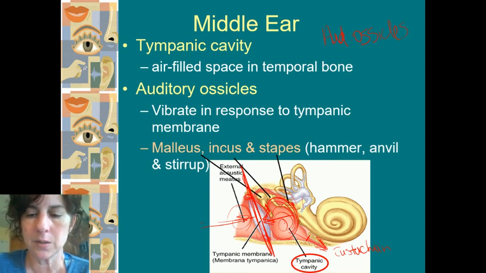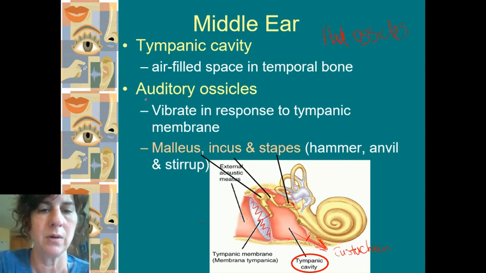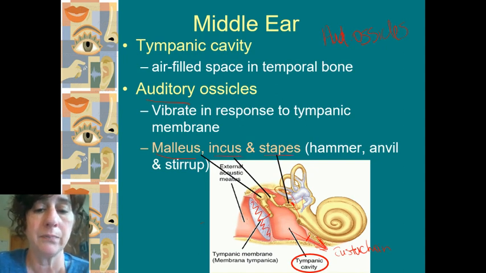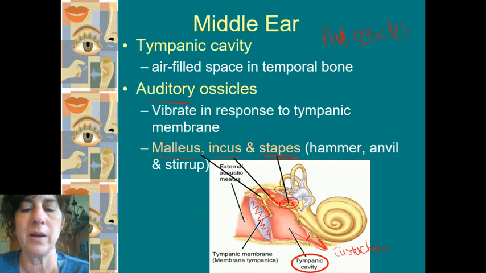But once we have, let's go back to the sound waves. Once we have a physical vibration coming from the tympanic membrane, it's going to transmit that vibration to those three little bones, or auditory ossicles: the malleus, the incus, and the stapes. So the malleus is first, the incus is the second bone, and the last one right there is the stapes. Stapes transmits that physical vibration to our inner ear portion called the cochlea.